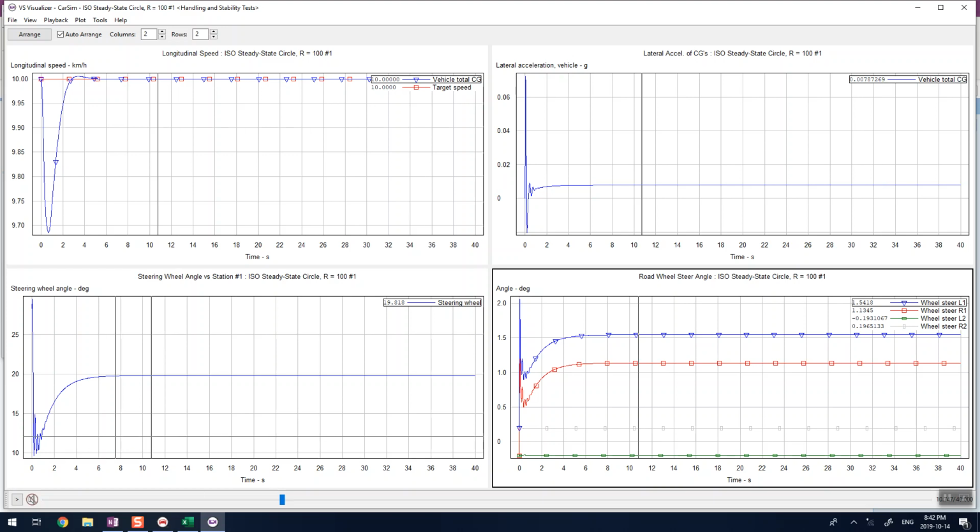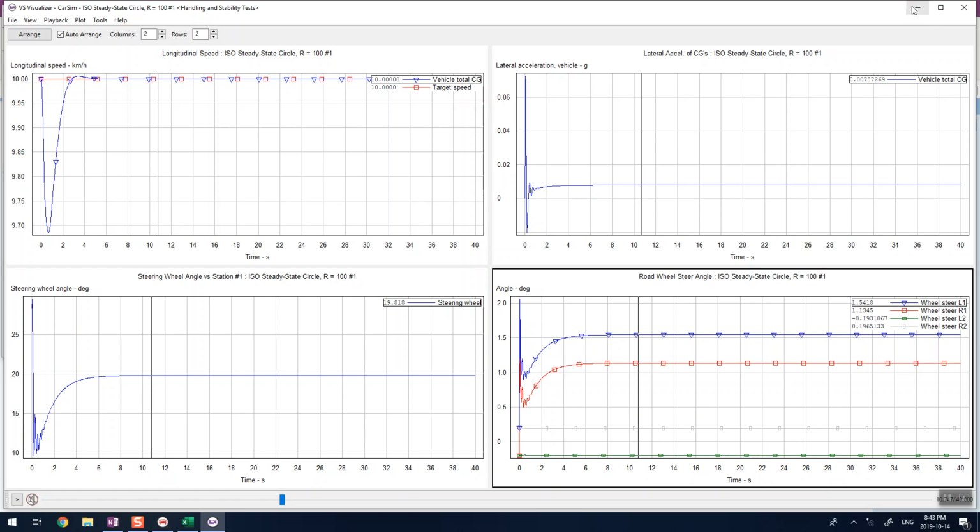Here, as you can see, for staying in this radius I should generate 19.8 degrees steering wheel rotation, and the steering ratio you already know will generate small road angles on the tires. The small value you can see here is because of the kinematics of the suspension system in the rear and front, and it corresponds to 1.5 and 1.3 left and right. Okay,